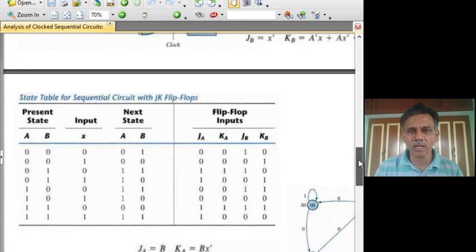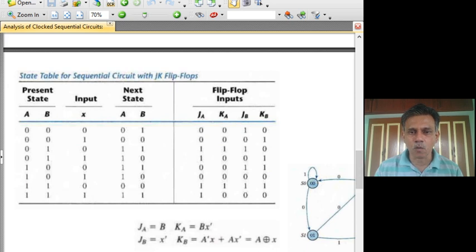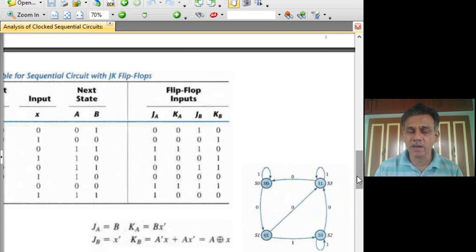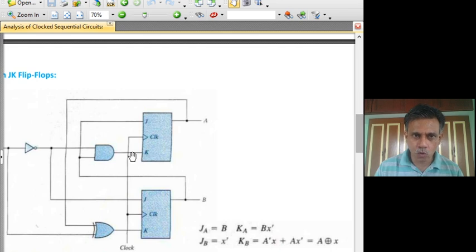That is, if you know that there are 4 states that are required, you know there are 2 state variables that would be required. So use 2 state flip-flops. Now we have a choice. You can either use a D or a T or JK flip-flop. You do that and it can be positive or negative edge triggered. Then you have to make use of the input, that is x1, x or y, whatever it is, the input.